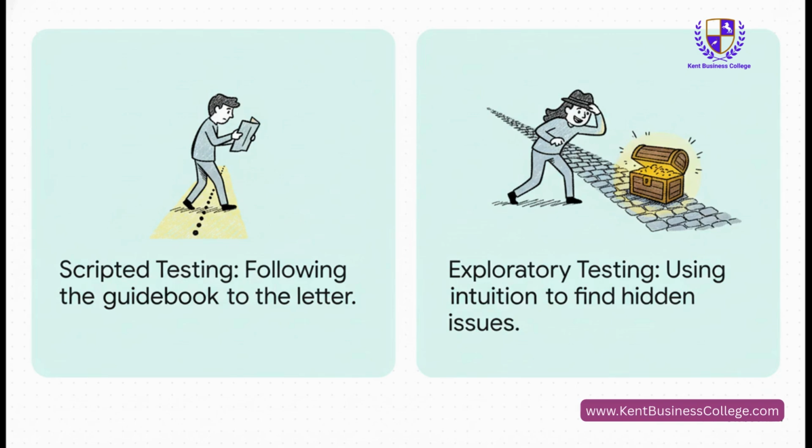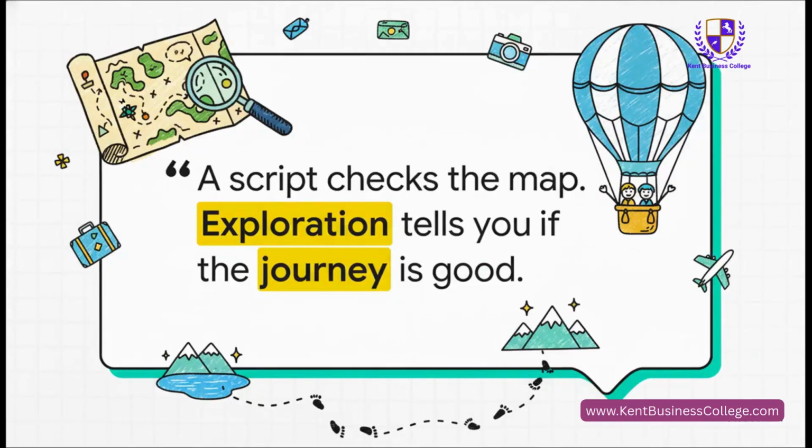On one hand, you have scripted testing. This is like following a guidebook, word for word. Turn left at the statue, walk 100 meters, the fountain will be on your right. It's rigid, it's predictable. But then you have exploratory testing. This is when you spot a cool-looking little alleyway. You ditch the guidebook and you wander down it to discover the best, most authentic local restaurant that no tourist has ever found. It's about using your human intuition and experience to find problems you'd never ever spot by just following a script.